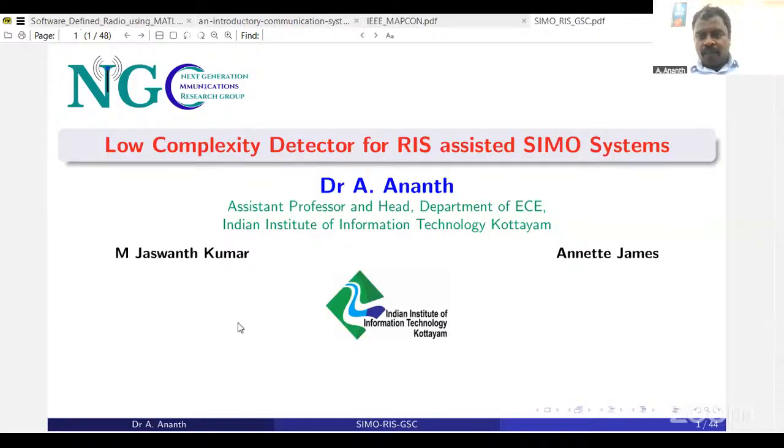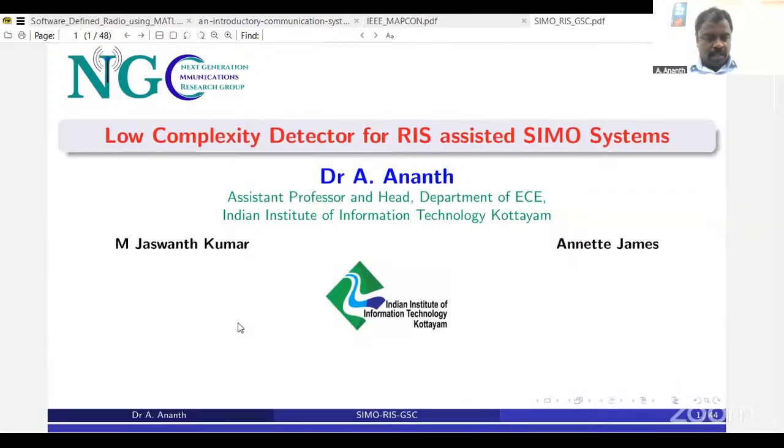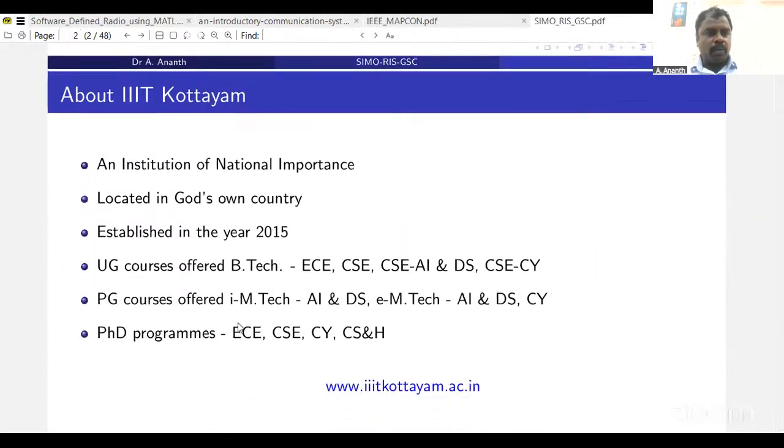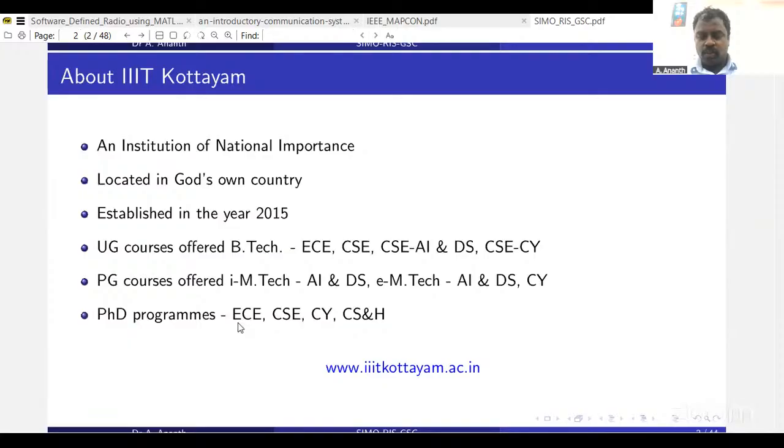So under this reconfigurable intelligent surface assisted communication, I would like to discuss about a low complexity detector for RIS assisted single input multiple output system. So this is work by my undergraduate student, Mr. Jashwant Kumar, along with my PhD scholar, Ms. Annette James. So before getting into my presentation, I just want to say a few words about our institute at